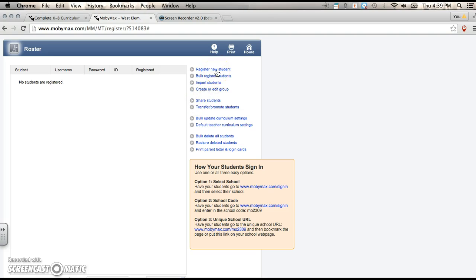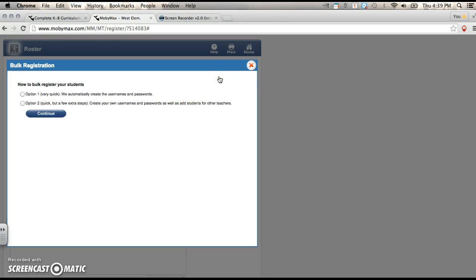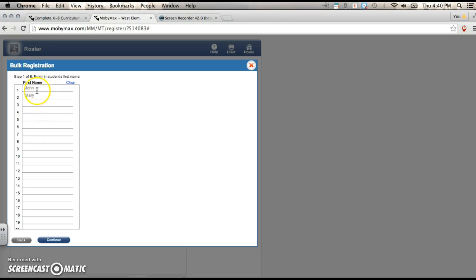I can do that one by one, or you can do what's called bulk register students, and it gives you two options here. Option one is where MobyMax automatically creates usernames and passwords for all of your kids, and then option two is where you can actually create the usernames and passwords for your students. And I recommend option two just because it makes everything uniform for your class. So I'm just going to do a few names here